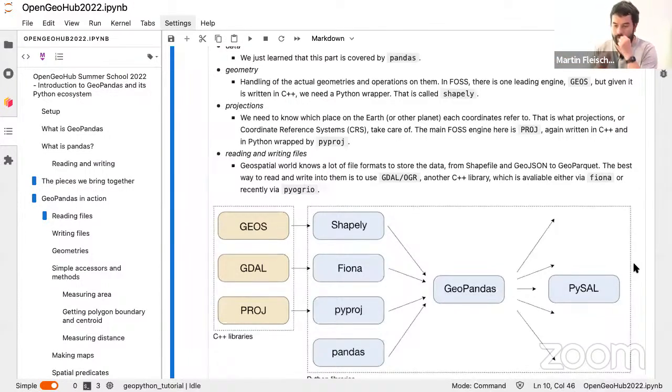But for those geospatial vector files, we are using Fiona or pyogrio as Python wrappers around GDAL to get everything into GeoPandas. And all these four